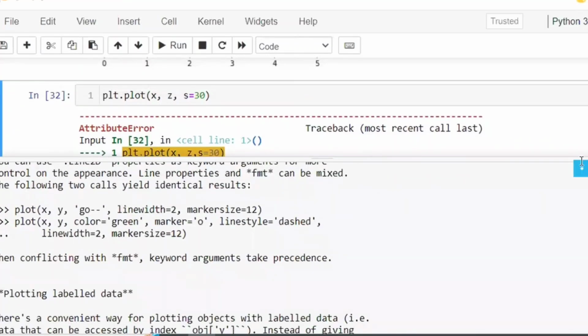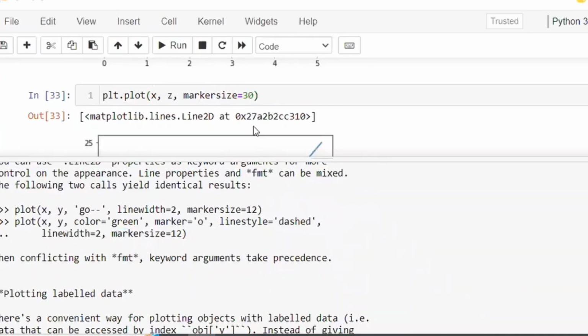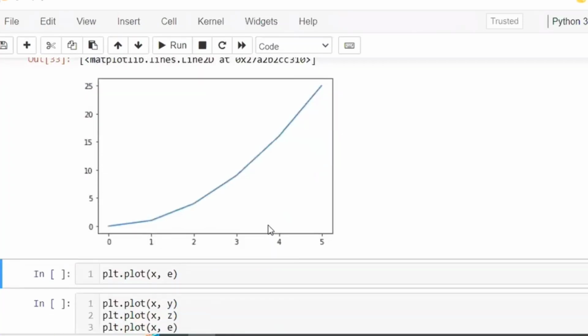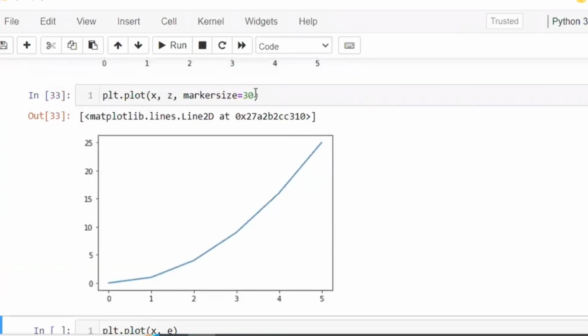Okay, we have to write the marker size word. This is the keyword we have to use. Okay, we'll use the same keyword. Marker size is equal to 30. So you can see your markers also. So whatever the marker is there, that it is going to add. So for example, if I am adding the marker size more,